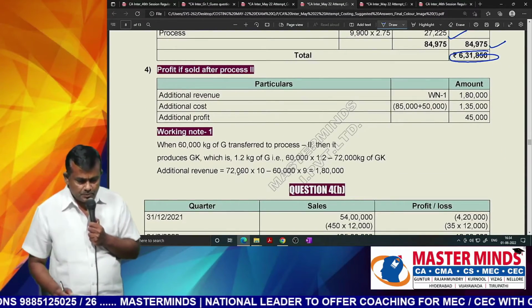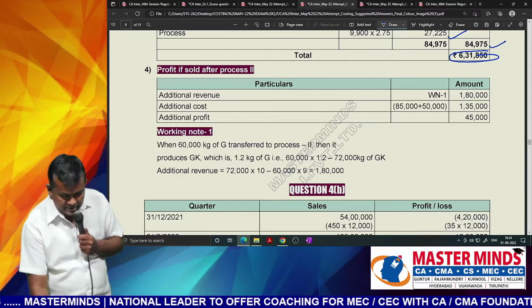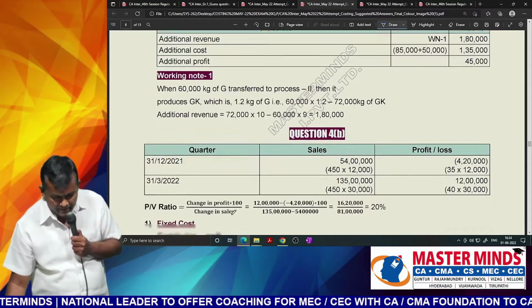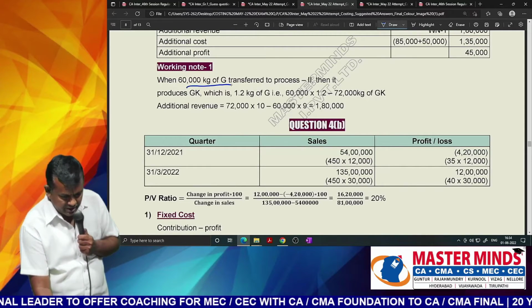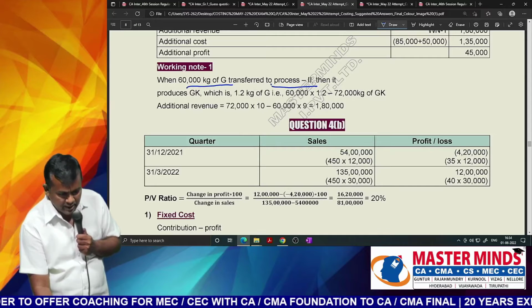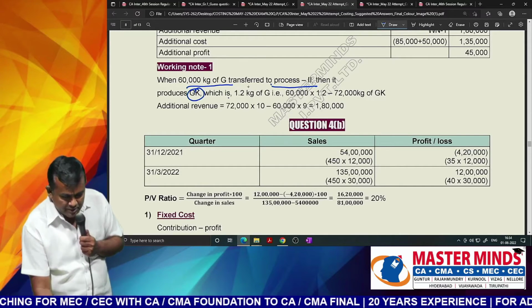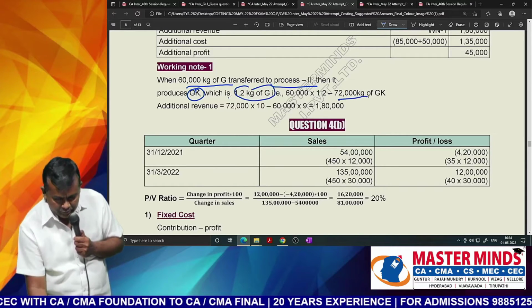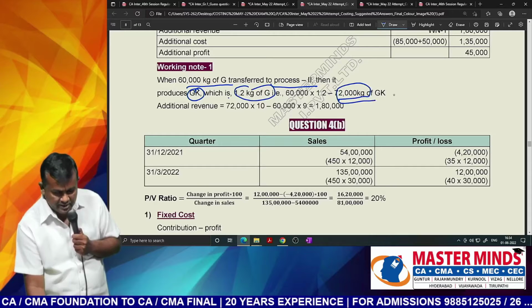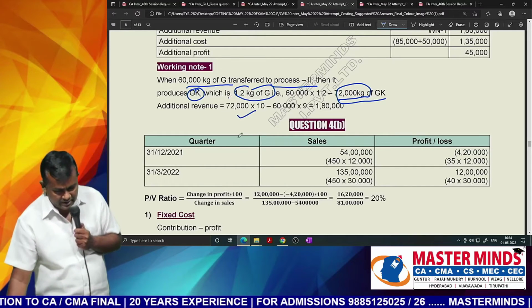So profit if sold after process 2. Additional revenue, working note 1. When 60,000 kgs of G is transferred to process 2, it produces GK, that is the final product, for which 1.2 kgs of G is used. That means 72,000 kgs of GK. So additional revenue equals 72,000 into 10 minus